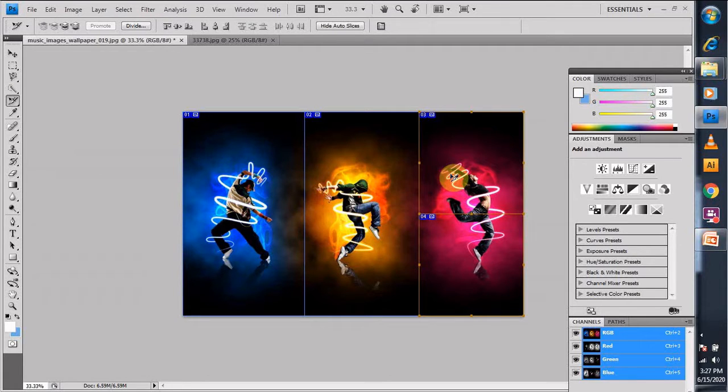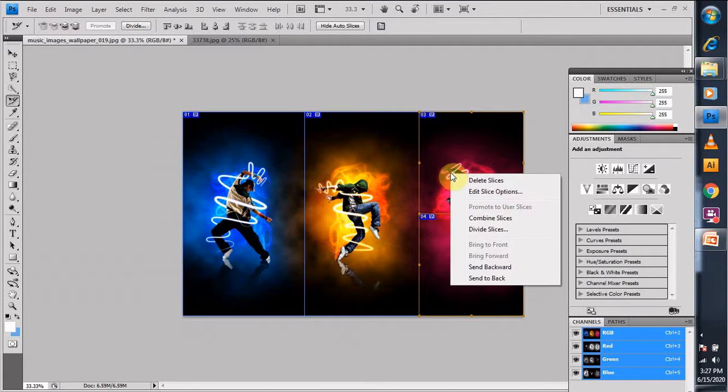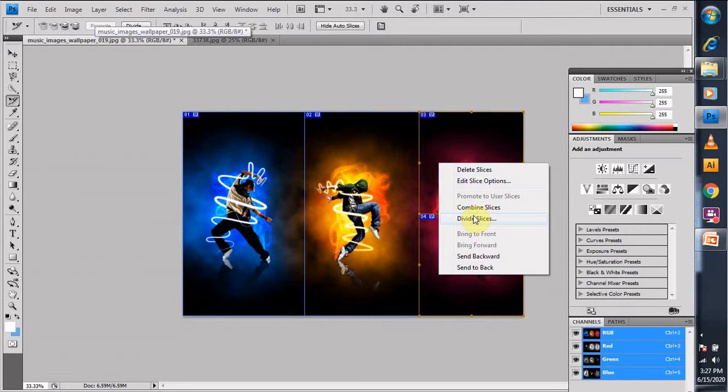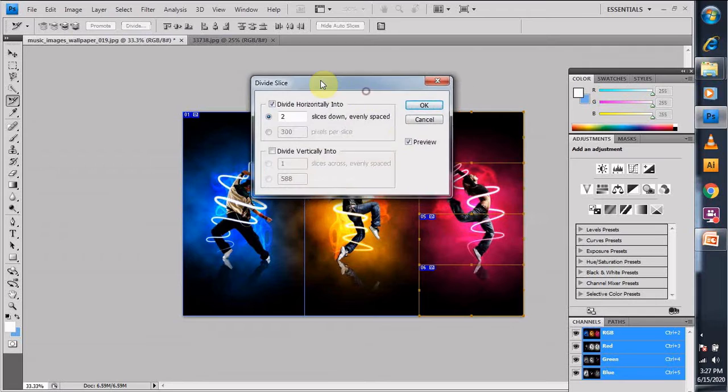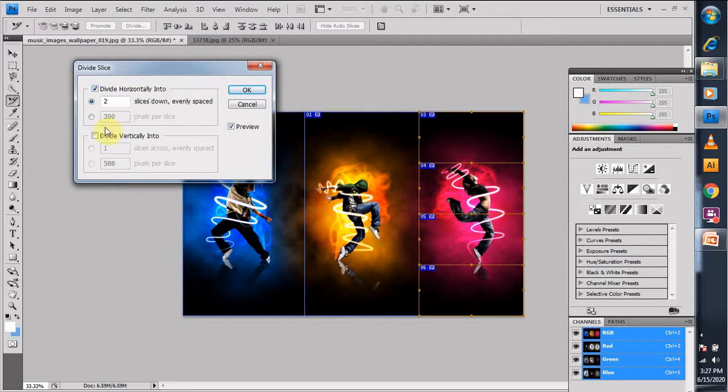Now if I want to divide it in another way, I'll go to Edit, Divide Slice. Earlier we used horizontally, now we can use divide vertically. As soon as I click the divide vertically box, it shows the option. Suppose I divide it into three parts, it divides into various parts vertically.